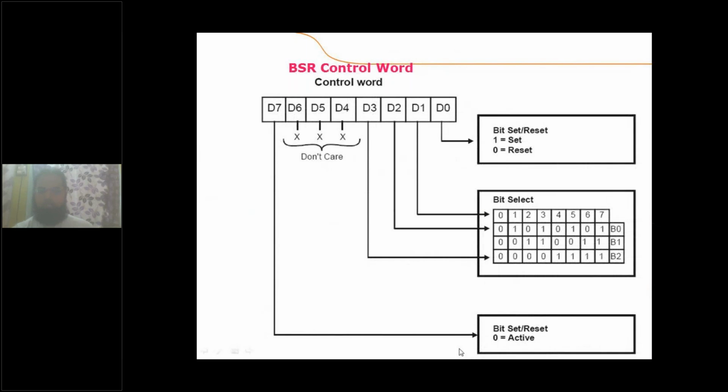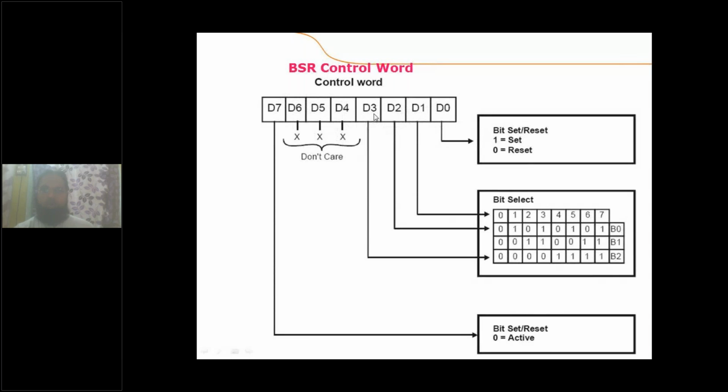If it is the case, then what will the other bits do? The other bits D5, D6, D4, D5 and D6 are the unused bits. There is no significance of these three bits. And the remaining 4 bits decide which port C line needs to be set or reset. See here, D1, D2 and D3.